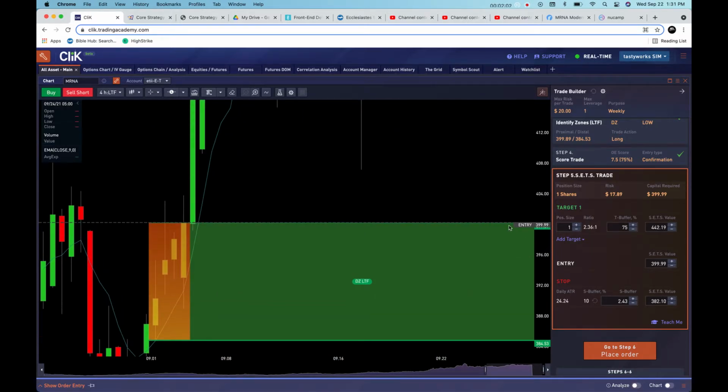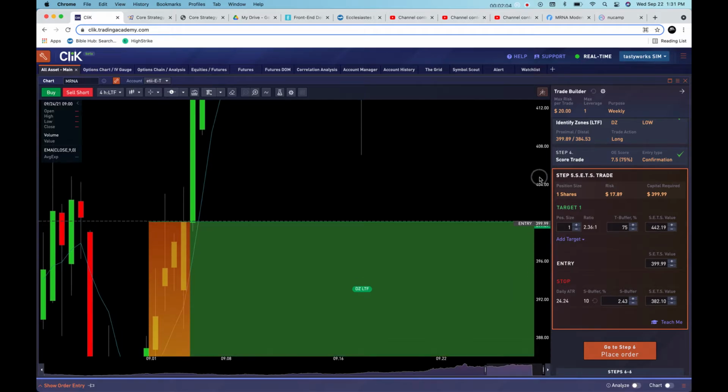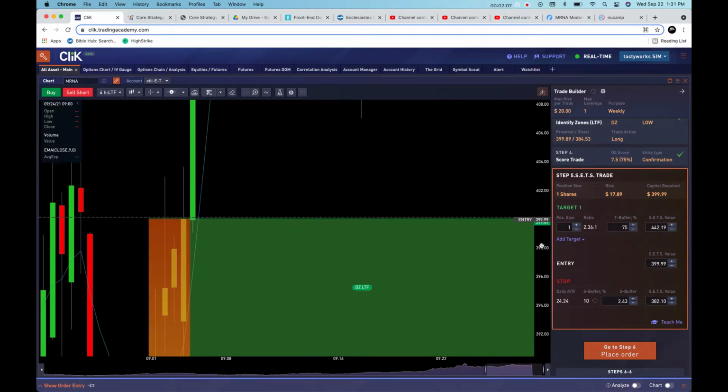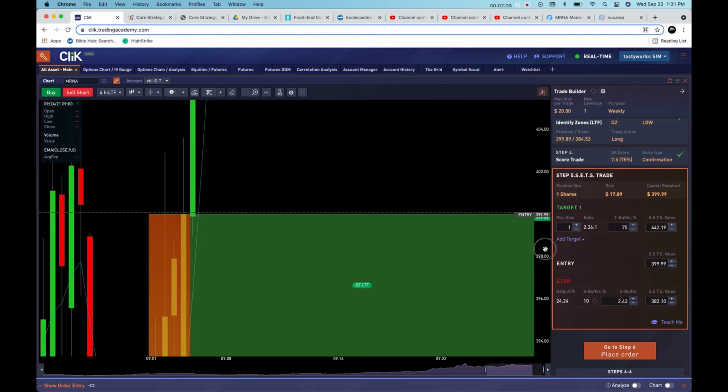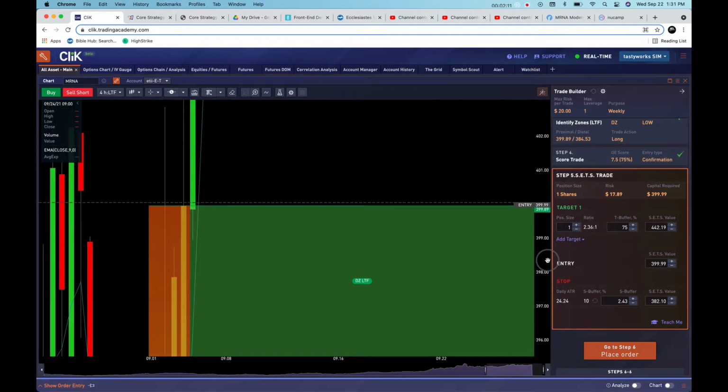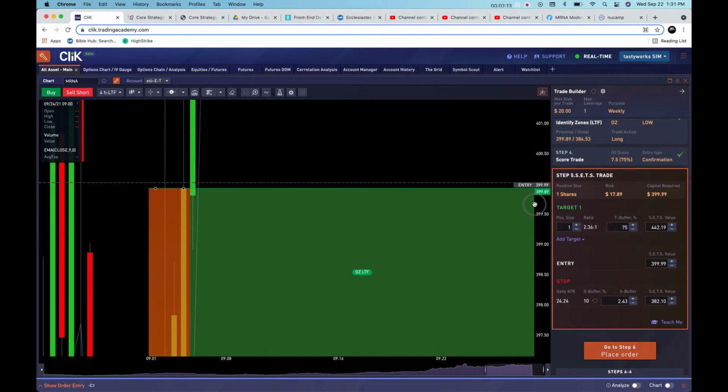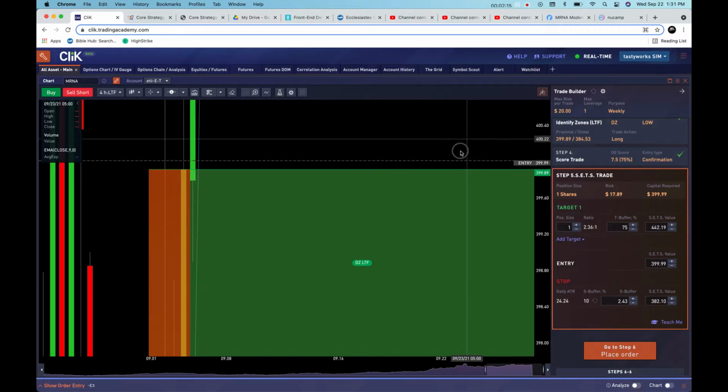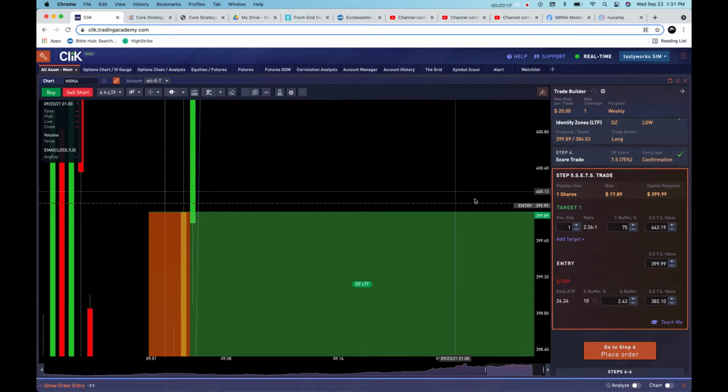Okay, and what that all means is, actually, let me spread this out a little bit so you can see the difference between the proximal and, wow, it's not going to do it. Oh, there we go. Okay. All right. But anyway, this looks ugly, but we'll just focus on the two price points here. So entry, $399.99, but you have a proximal line, that's the top of your zone, at